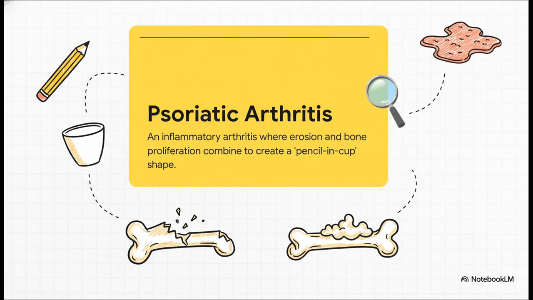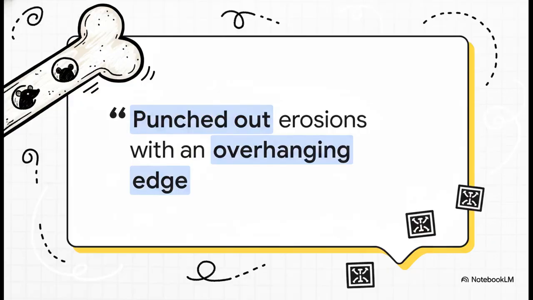And that pencil-in-cup deformity, that's a classic fingerprint pointing directly to psoriatic arthritis. It's this fascinating mix of both bone being eaten away and new bone being created, which is a real hallmark of this condition. And as the name suggests, it's often linked to the skin condition psoriasis. Okay, now for another highly specific clue. Radiologists call these punched out or even rat bite erosions. And honestly, it's like